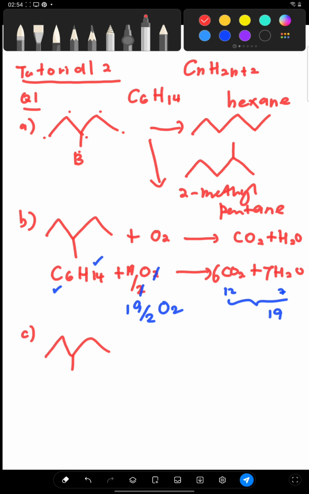Normally this is a reaction of alkane, which is radical halogenation substitution, Cl2 in the presence of UV light. So the answer should be